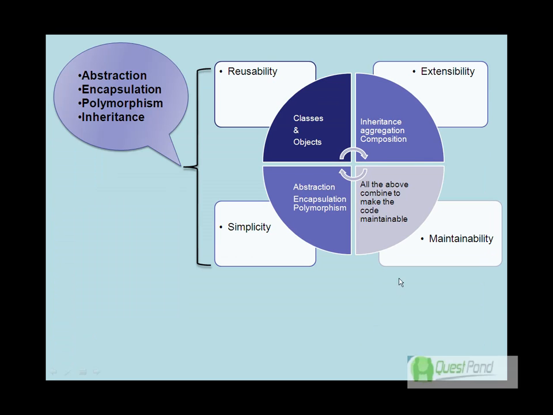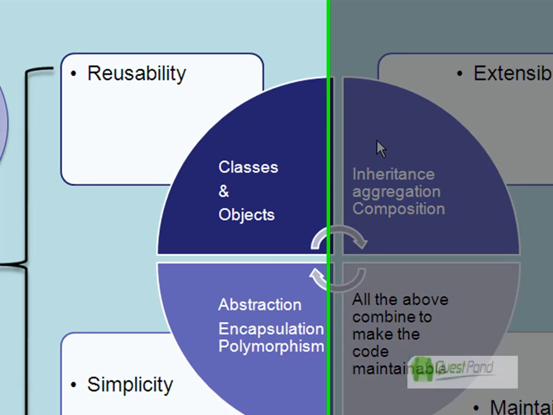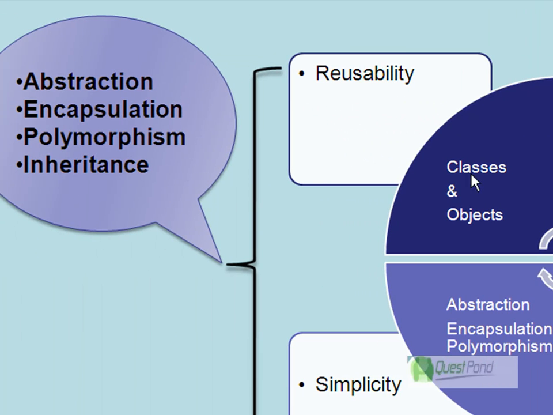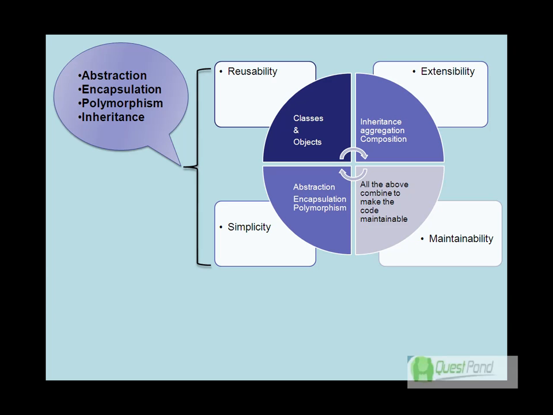As we have discussed in our previous video, where we talked about the four different issues with functional programming, now let's try to understand how object-oriented programming helps us resolve these four problems. So let's start with the first one, that is reusability. In order to address reusability, object-oriented programming has provided something called classes and objects. So rather than copy pasting the same code in different UIs or in different locations, you can create a class and then make instances of the class, which are called objects, and reuse